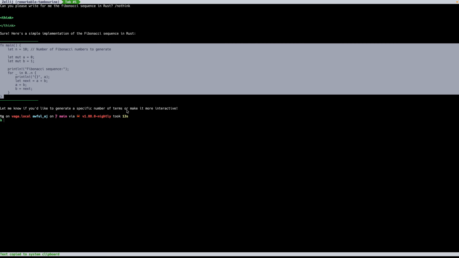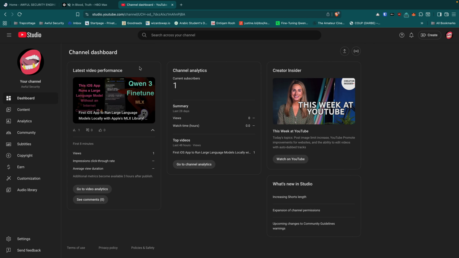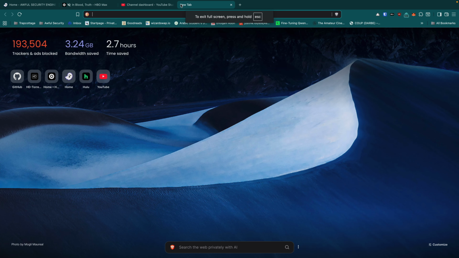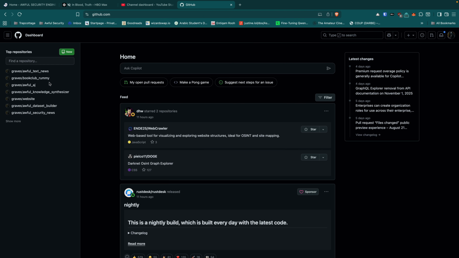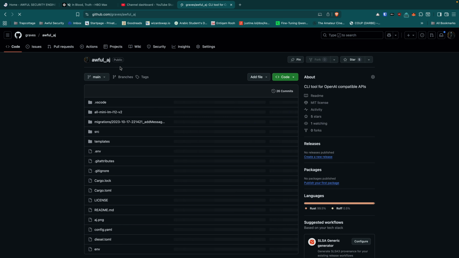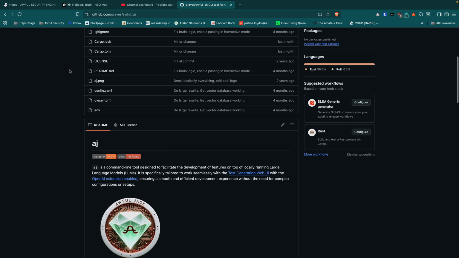No problem. If you want to see the source code that makes up Awful Jade, the CLI tool, the command line interface, it is right here on my GitHub, github.com/graves/awful_AJ.